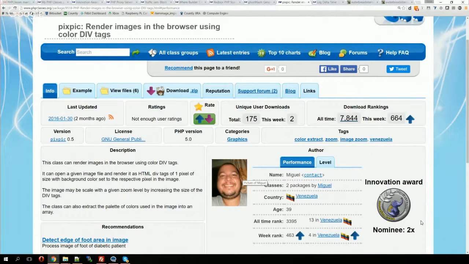Why, you would ask? Well, for example, if images are blocked somewhere, you could draw it this way through div tags, or if you want to prevent others from tracking something through images, you just recreate the image. But I just had to try it out to see how it looks.